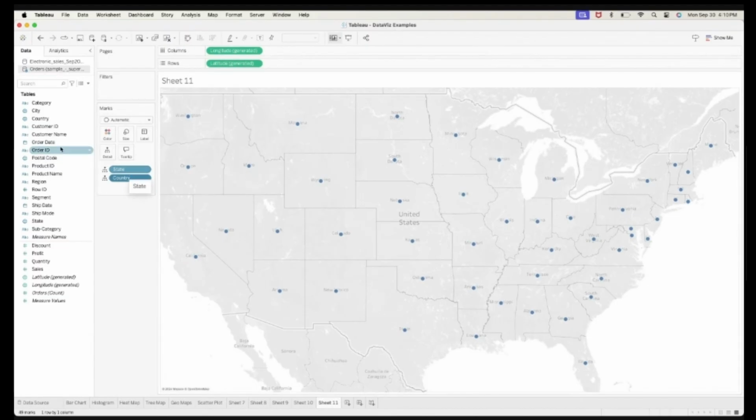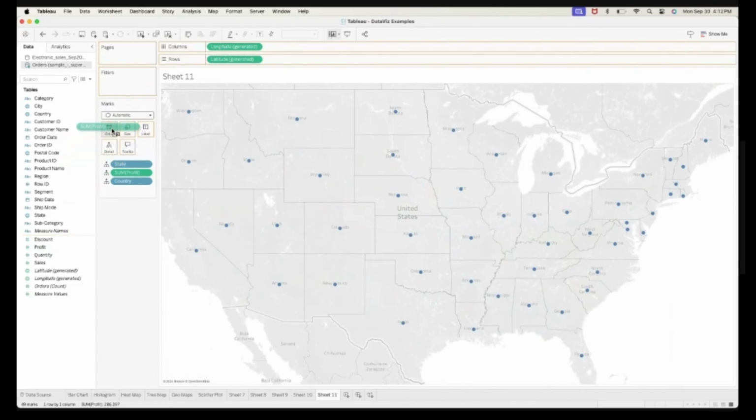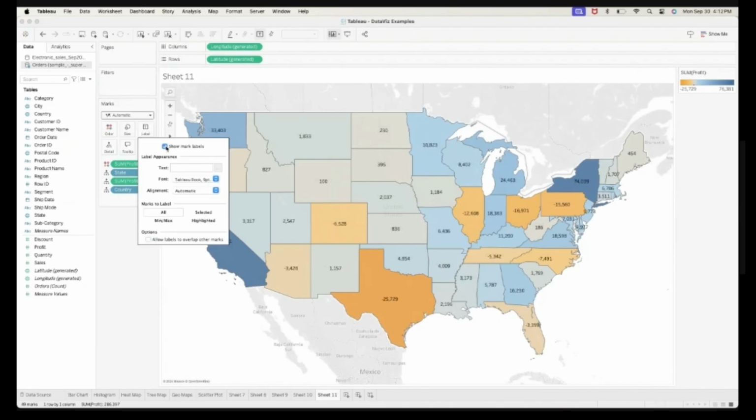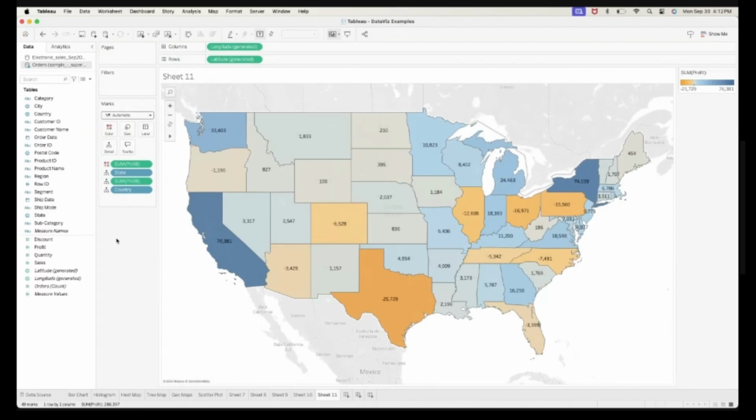We want to have a color sa ating dun sa map natin para maganda, di ba? Here the color. Yan. And then label. Okay. I also would want to show the state label, right? So I can just drag it to my label. And my profit.